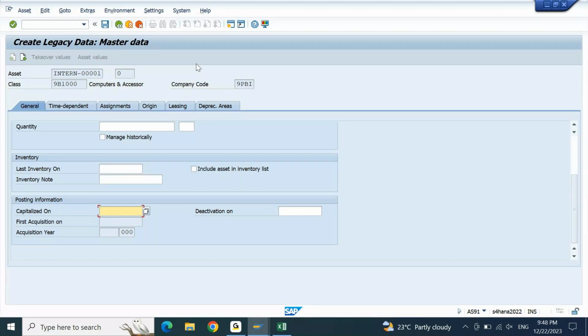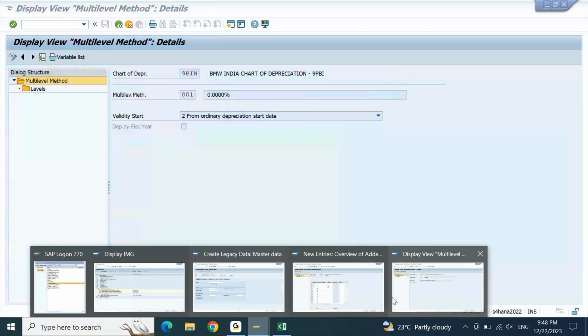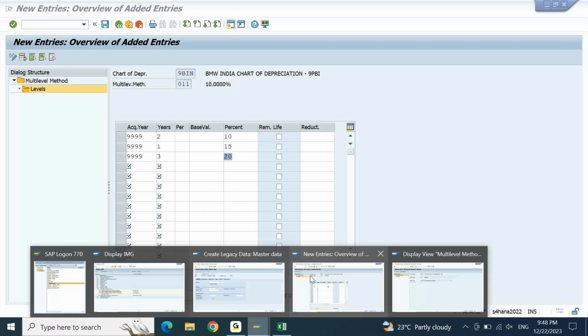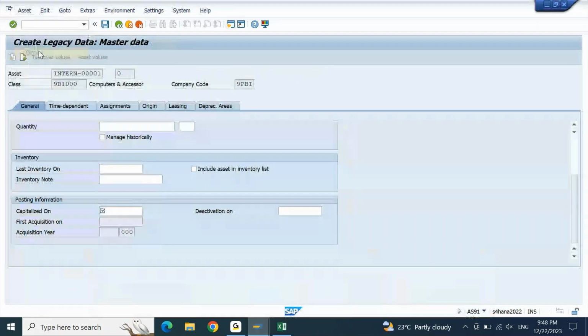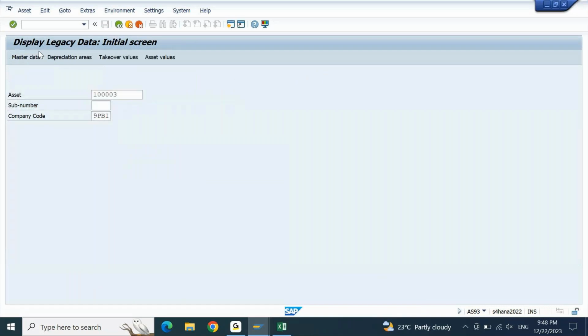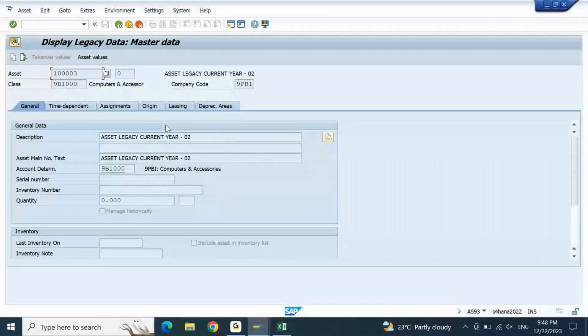Hello, Ajay. My question is, if we are using the asset for the useful life of 5 years, and after 5 years the value becomes zero, then how do we treat that on the balance sheet? In the fifth year, system will take the asset value as the remaining value. Like when system is calculating this, if I show you the asset, so if I go to display, this is the asset. If I go to asset values here,